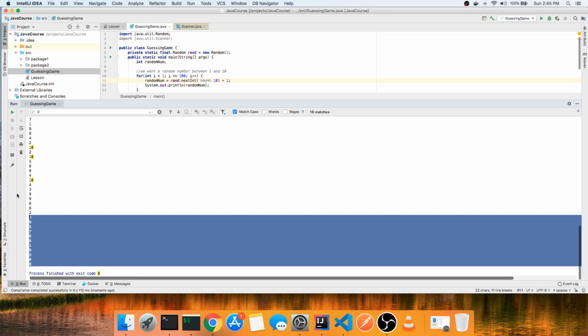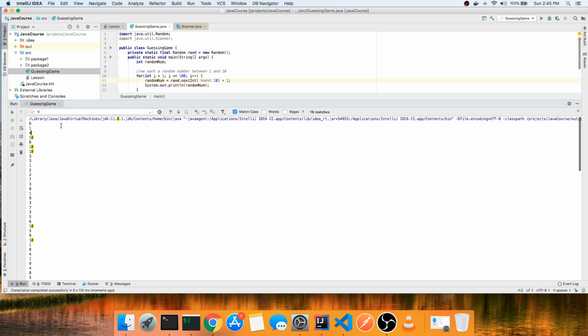But we're printing out only 1 to 10, any number between 1 to 10. So we're generating a random number between 1 to 10, not 0 to 9, because we did plus 1 here. But what if we want negative values? Then how does that work? We want to print out, let's say, between negative 100 and 100. Or let's do negative 10 to 10, make it easier